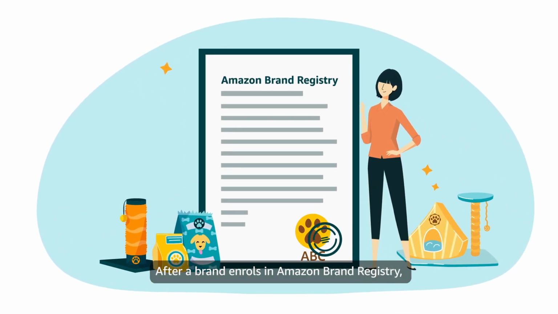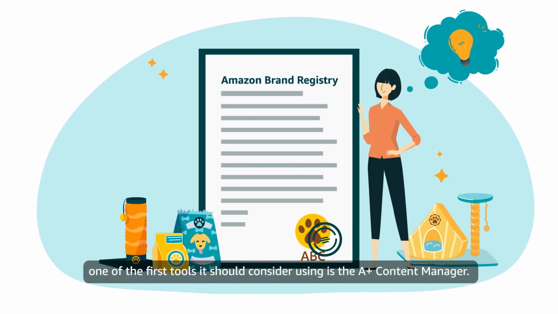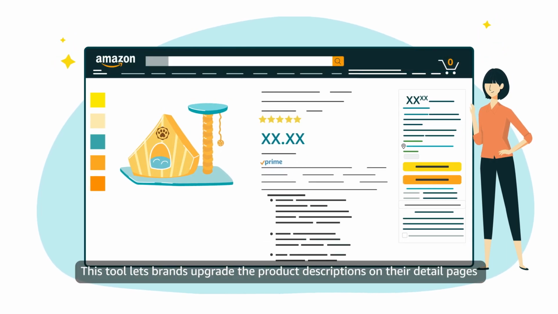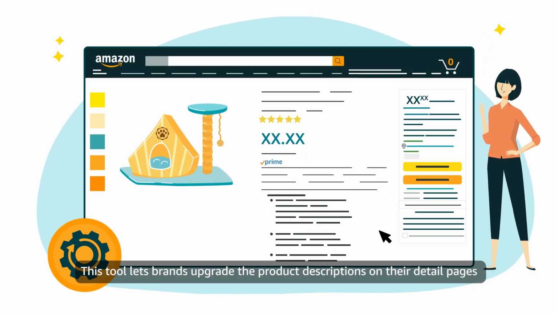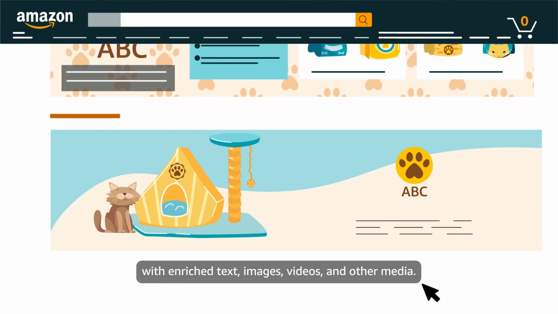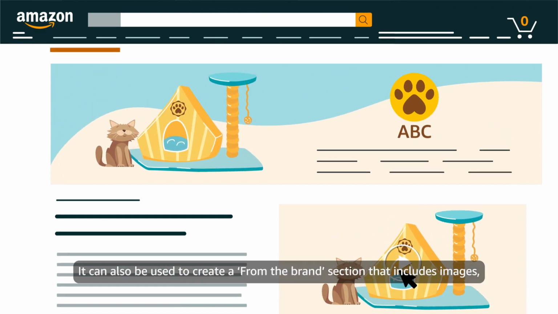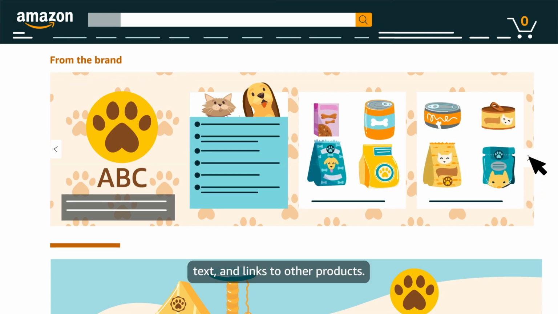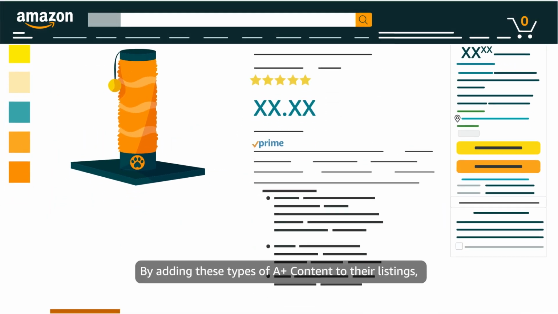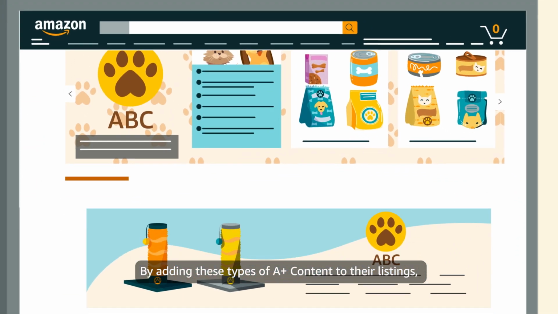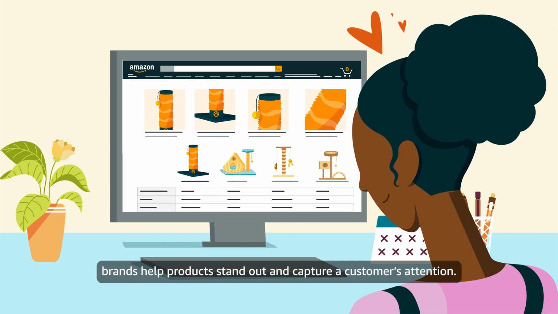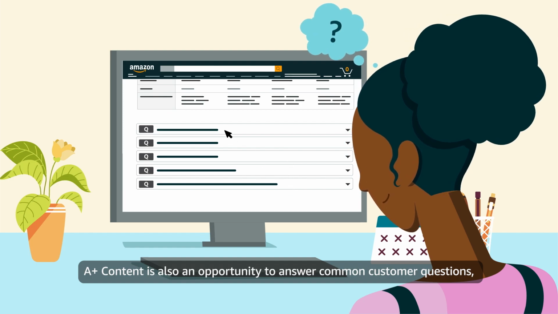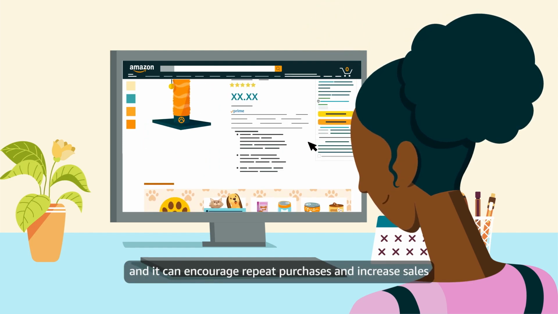After a brand enrolls in Amazon Brand Registry, one of the first tools it should consider using is the A+ Content Manager. This tool lets brands upgrade the product descriptions on their detail pages with enriched text, images, videos, and other media. It can also be used to create a From the Brand section that includes images, text, and links to other products. By adding these types of A+ content to their listings, brands help products stand out and capture a customer's attention. A+ content is also an opportunity to answer common customer questions, and it can encourage repeat purchases